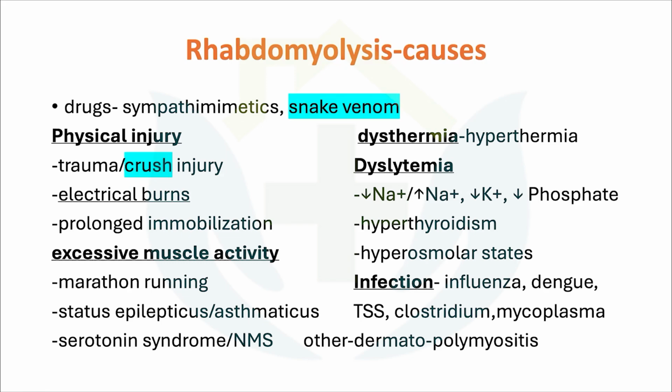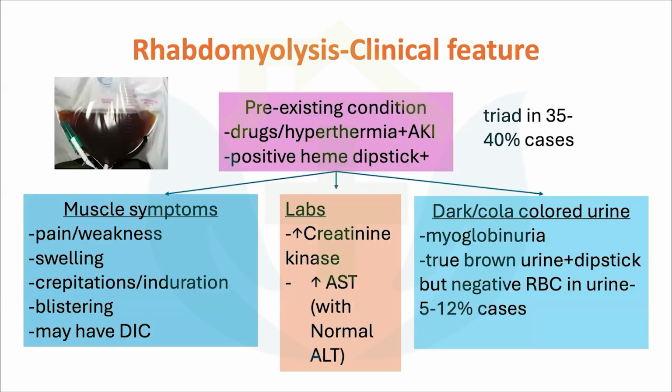Other than that, Staphylococcus aureus, soft tissue infections, gram-positive anaerobic infections by Clostridial species, mycoplasma, and autoimmune disorders like dermatomyositis, polymyositis can cause it. Now, this particular slide tells us about how you diagnose a case of rhabdomyolysis. So, there has to be some pre-existing condition where we suspect, okay, this patient might have a rhabdomyolysis. That can be some form of a crush injury or some drugs or hypothermia presenting with an acute kidney